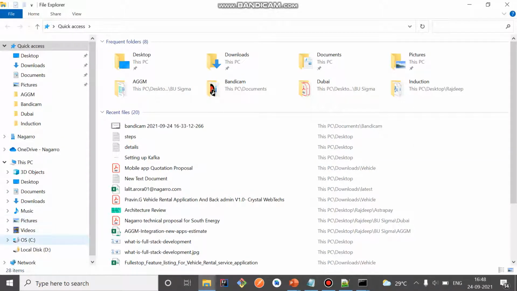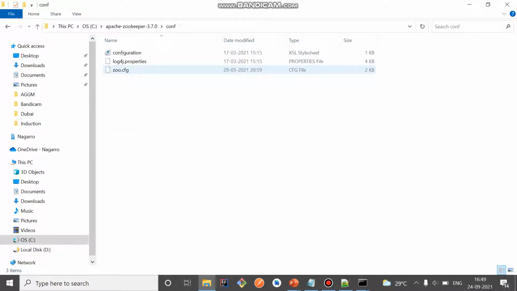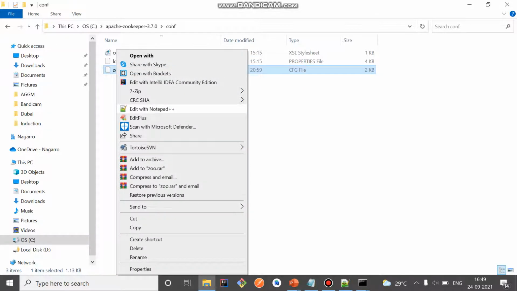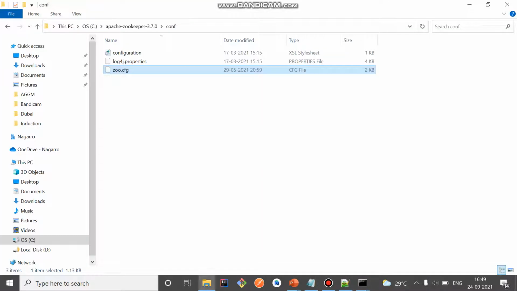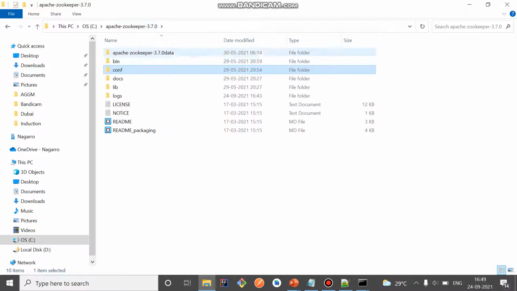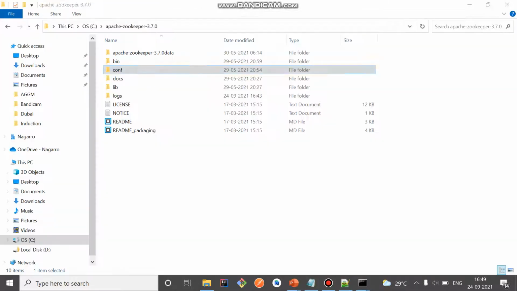Coming to the Zookeeper, these are some of the changes in the config in the conf folder. Come here to this file. We need to rename this file to zoo.cfg, and we need to make sure the path is correct. For the data dir, we need to give the path till this location. Also, you can see here the client port on which Zookeeper will be running is 2181. So this is fine.